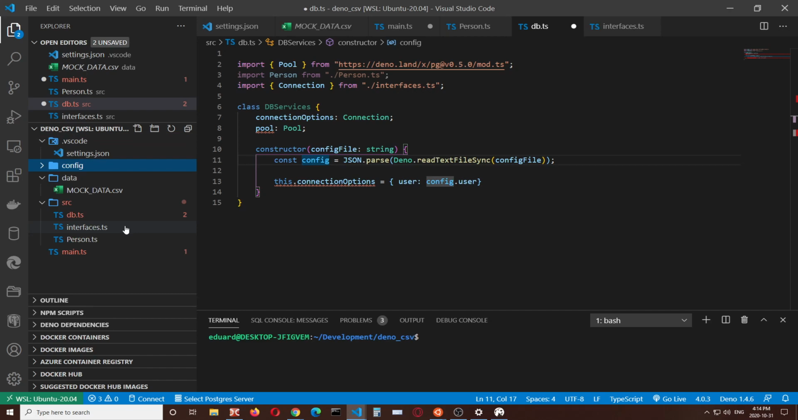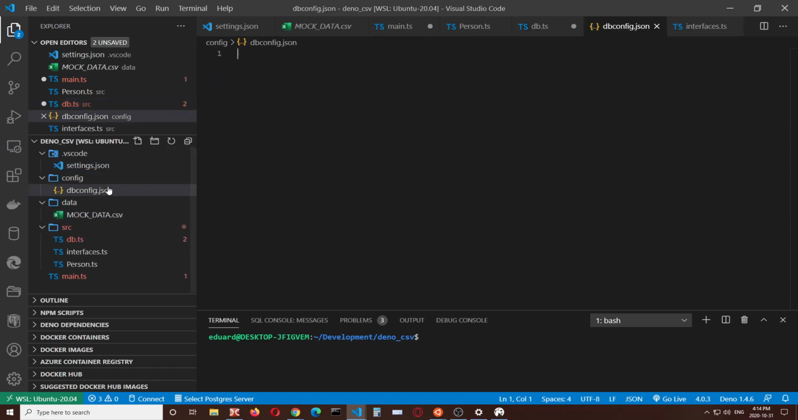Usually when you create an application, you place your configuration in one folder, so you don't let them lying around. So you create a specific folder for configuration, and inside that configuration we are going to create a file called db-config.json. In that db-config I'm going to create a JSON object. Here, hostname is going to be